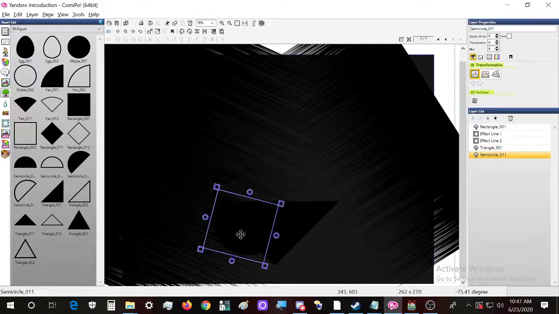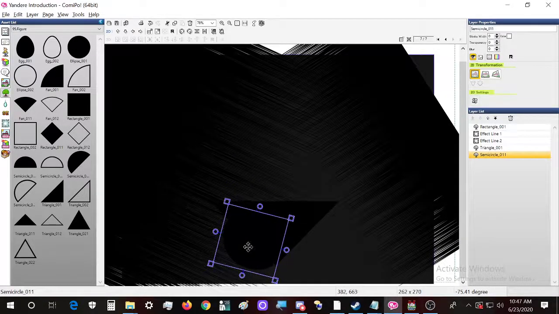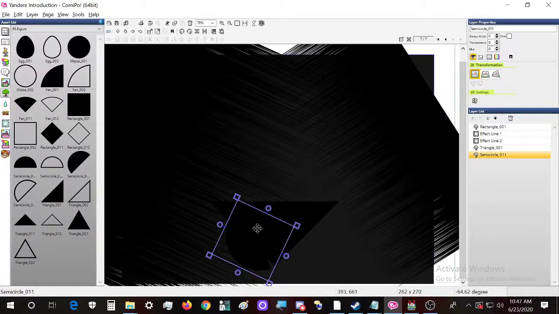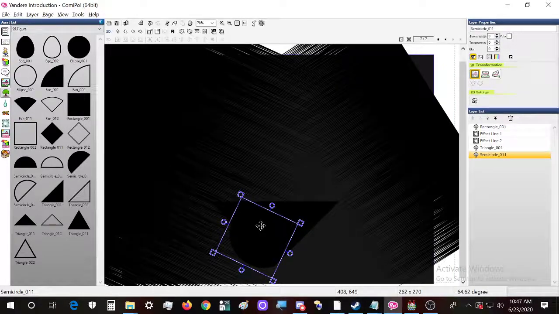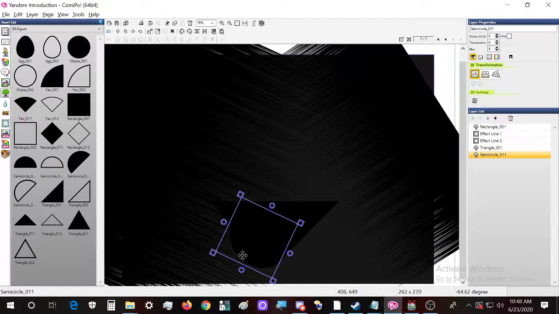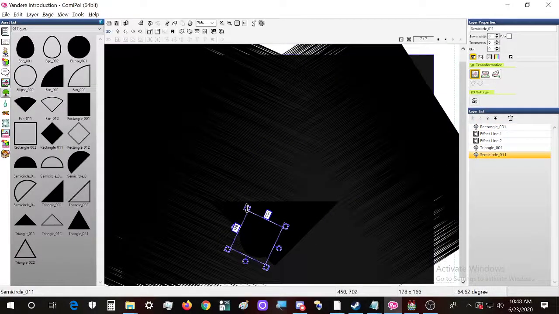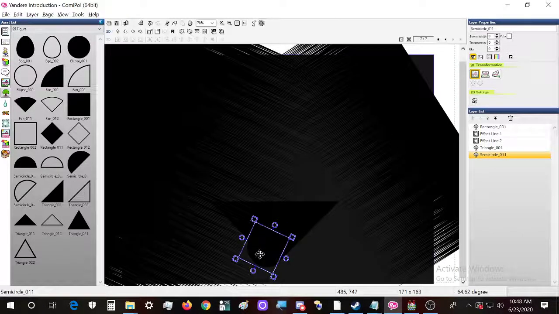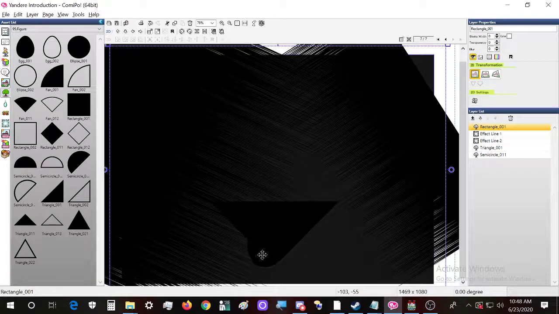Let's see in what way, shape or form we put it so that we can actually turn it into a face. Okay, something like this, and we put it kind of on the corner. Now this one we make slightly smaller, I'd say.